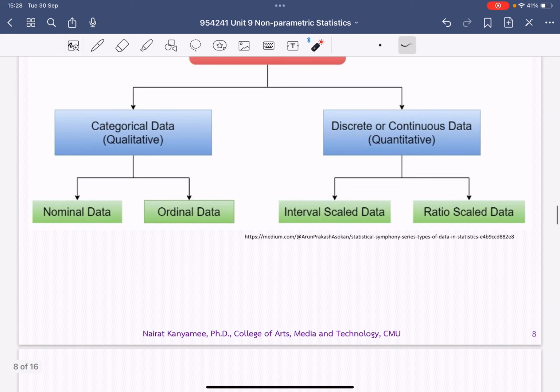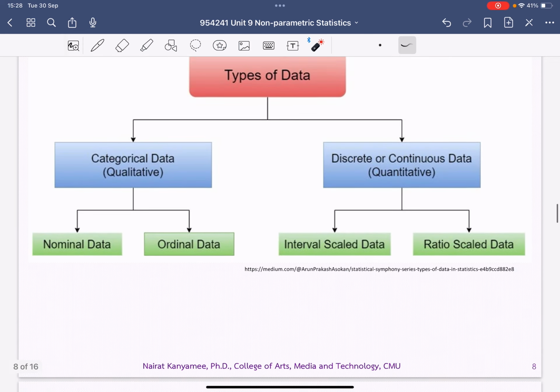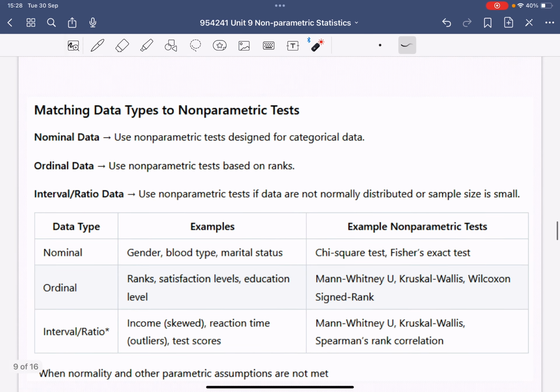Now, why are we doing this? Because when we pick a non-parametric test, we need to consider the type of the data. For nominal data that cannot be ranked or ordered, we have some tests designed for this type of data,